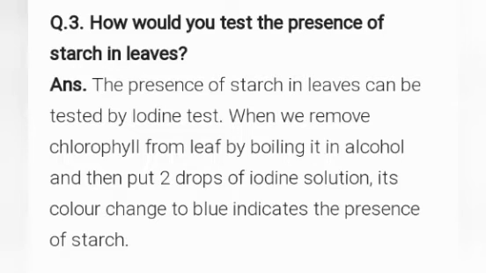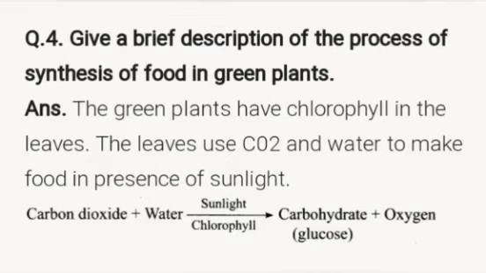And the fourth question is, give a brief description of the process of synthesis of food in green plants. The green plants have chlorophyll in the leaves. The leaves use carbon dioxide and water to make food in the presence of sunlight. The equation of photosynthesis is carbon dioxide plus water, in the presence of chlorophyll and solar energy, that is sunlight, gives carbohydrate plus oxygen. And the fifth question is,